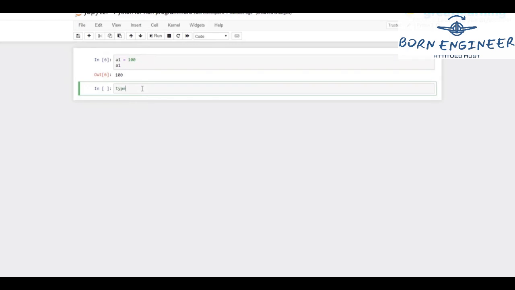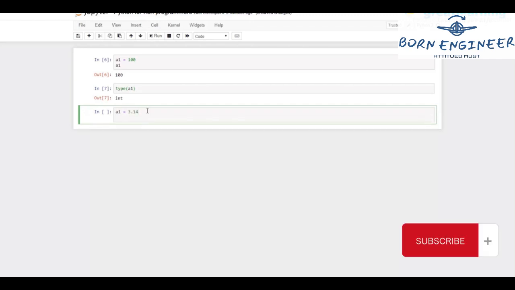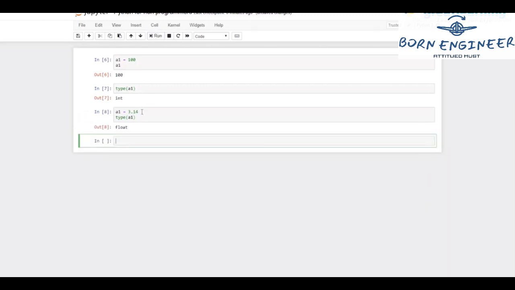Now let me check the type of this variable. So I have this type function. Inside this, I will give in the name of the variable which is A1. I'll click on run. So as you see, A1 is of integer type. Now I'll go ahead and change the value inside A1. So this time I will store in 3.14. Now I'll again check the type of A1. So type of A1, let me type in A1 over here. Right, so as you see, now since I've stored 3.14 inside the variable A1, the type has changed from integer